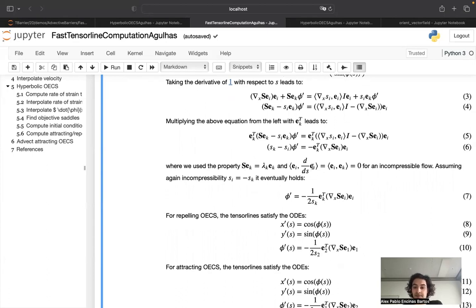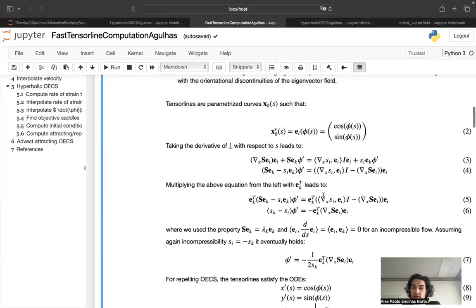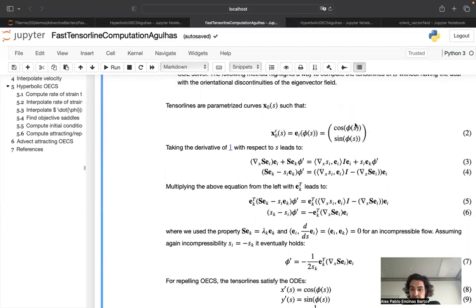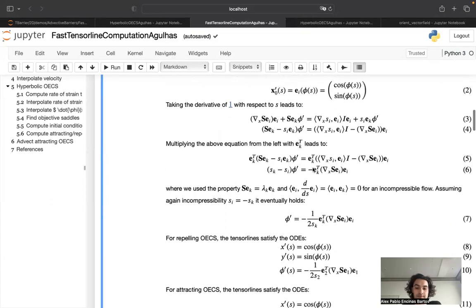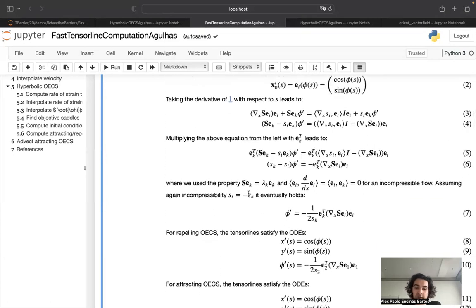that the inner product between the eigenvector and the derivative of the eigenvector with respect to S is, of course, 0, because E is constrained to be an eigenvector. It is constrained to be a unit vector. Okay, so of course the eigenvectors are initially constrained to be unit vectors, as you can see from this form here. And then, of course, we use the incompressibility assumption, which specifies that the two eigenvalues Si and